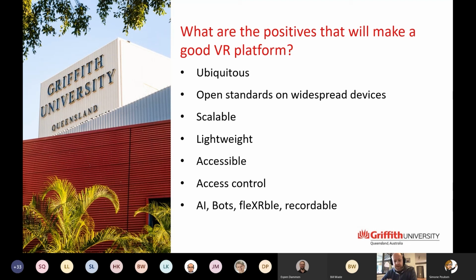And another element that we've started to get into is using AI bots and being able to record the session and having them be, and I'm trying to coin a phrase here, flexable. Will that catch on? Just use it today, everybody later. I thought it was a really cool term. Anyway,